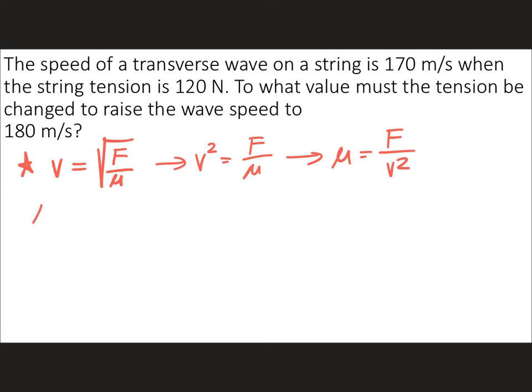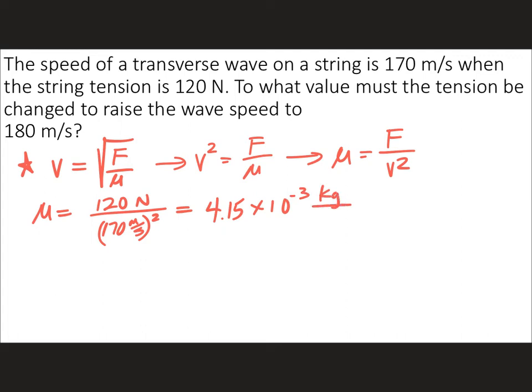And so along the way, we have to figure out what this mass density is of this wave. So 120 newtons over 170 meters per second squared. And we're going to get a mass density 4.15 times 10 to the minus third kilograms per meter. That's a linear mass density for this